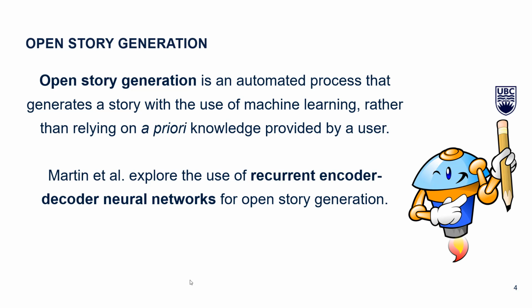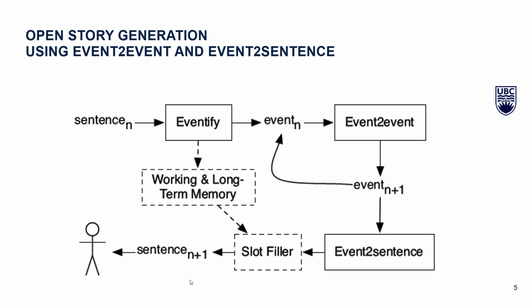Open story generation, on the other hand, is an automated process that generates a story with the use of machine learning rather than relying on a priori knowledge provided by the user. The authors of this paper explore the use of recurrent encoder-decoder neural networks for open story generation. In their system, they utilize two neural networks, event-to-event and event-to-sentence, and both of these networks work together to produce